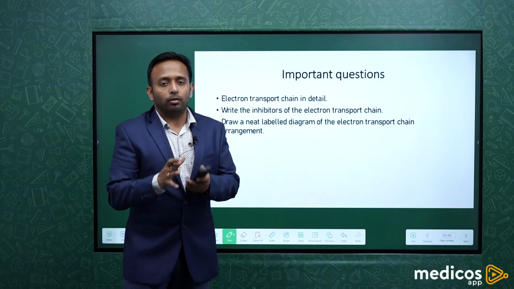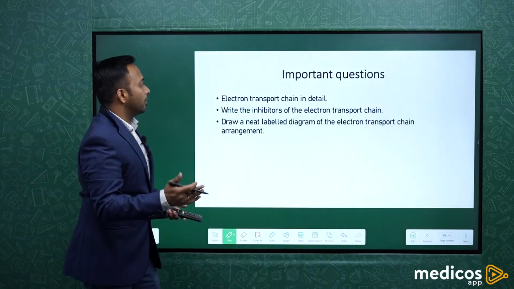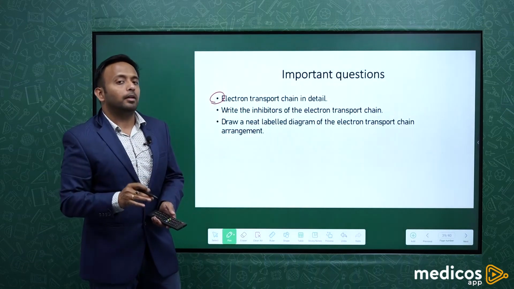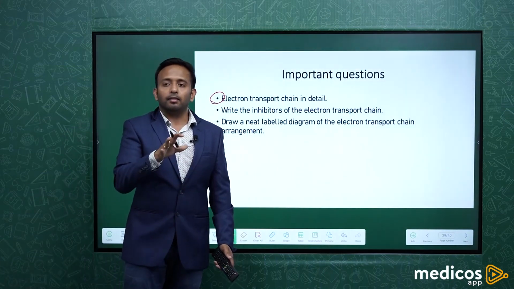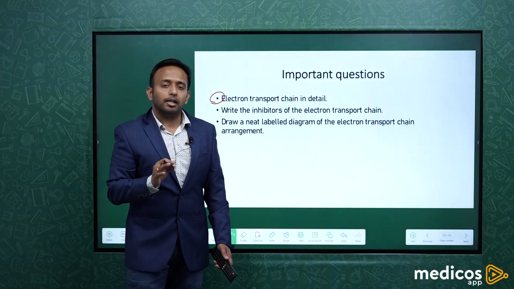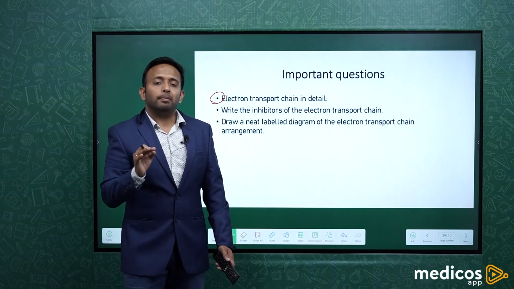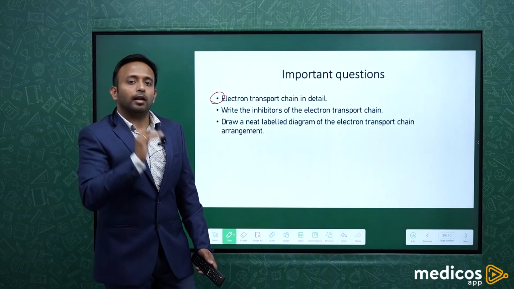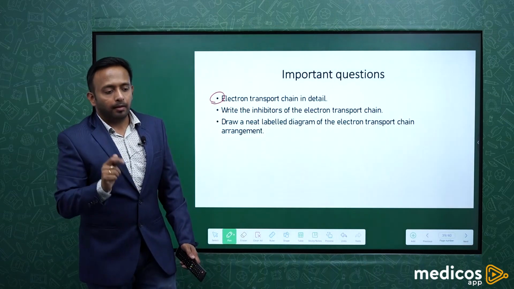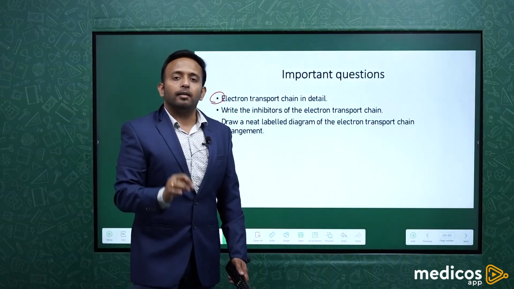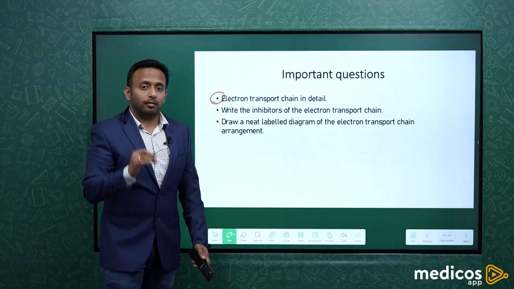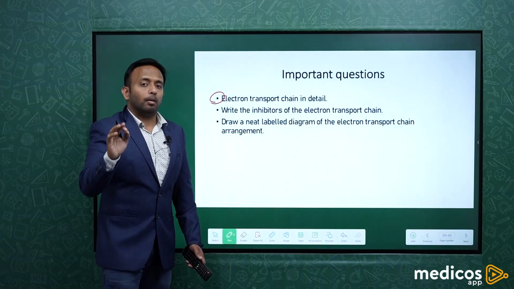Before we wind up, we have to summarize some important questions. One is that the electron transport chain itself is an important major question. They will ask you to write about the electron transport chain complexes, draw a neat labelled diagram and explain how ATP is generated, or they will ask you to write about the chemiosmotic theory, the theory by which ATP is generated. Next, they might add one more point: write some inhibitors of the electron transport chain. So you should be able to write, complex wise, the inhibitors of complex 1 to complex 4,